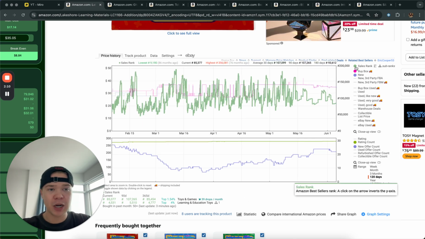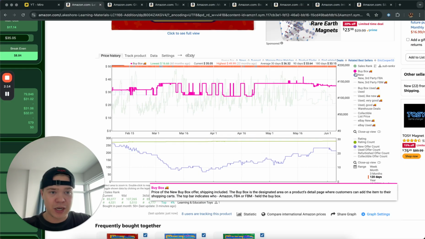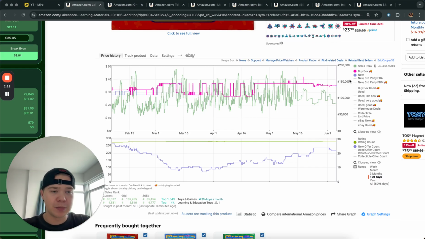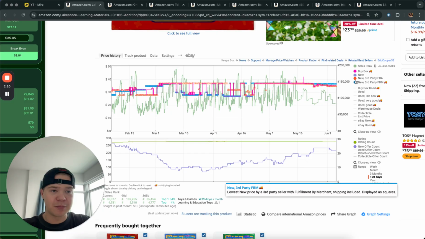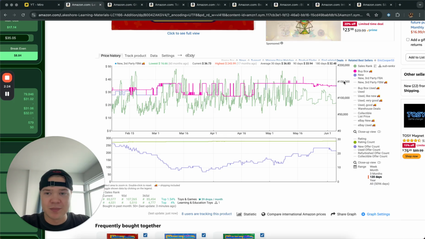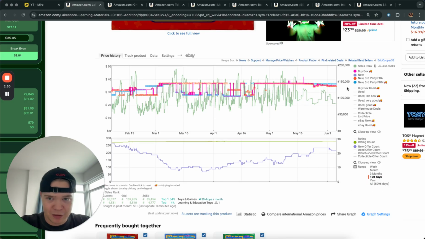Now, for this top graph, I shut off everything but sales rank, buy box, and new. I keep those three. You can keep those three. You could put on FBA, FBM. I just have those off because I just like to have them off, to be honest. And I feel like a lot of people get more confused when they have FBA, FBM on